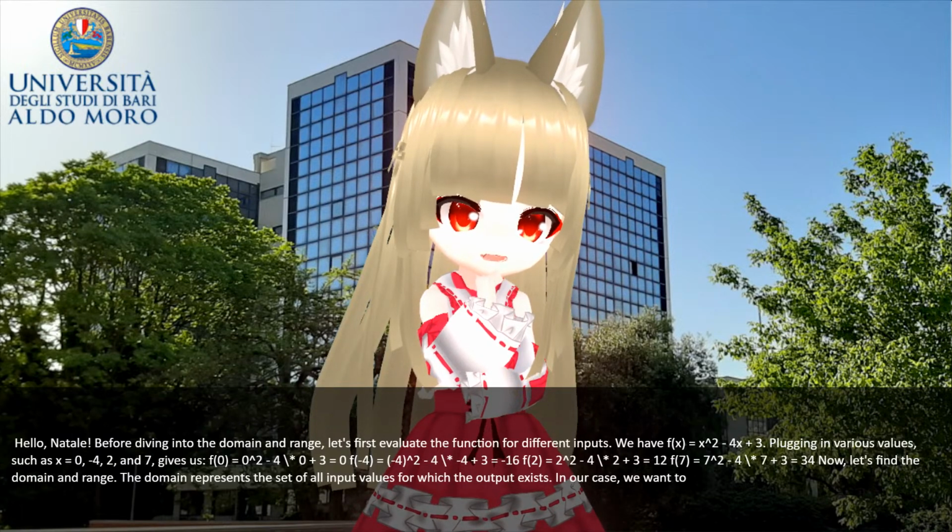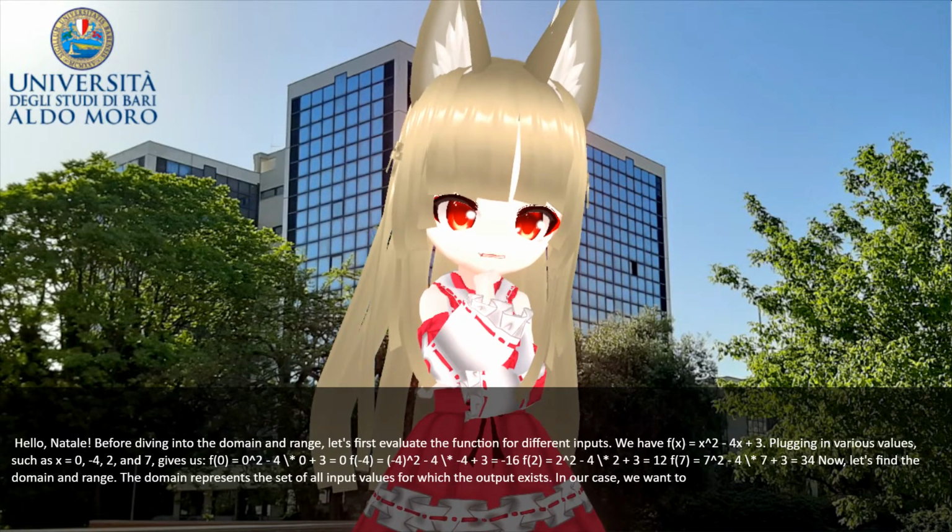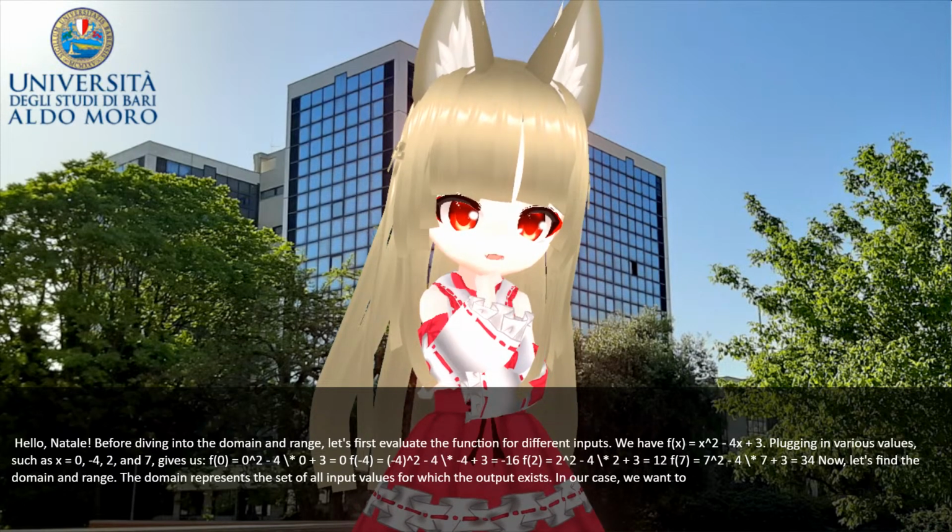Now, let's find the domain and range. The domain represents the set of all input values for which the output exists. In our case, we want to